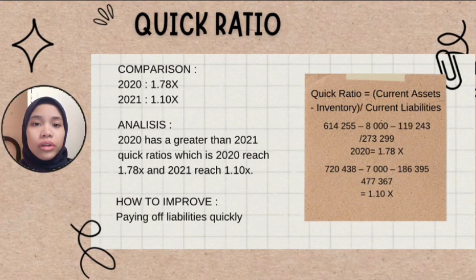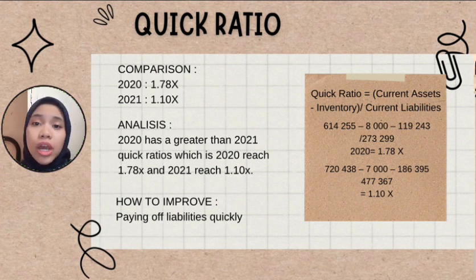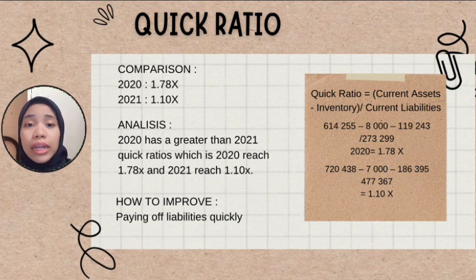The formula for quick ratio is current assets minus prepaid expenses minus inventory divided by current liabilities. So, my analysis is 2020 is greater than 2021 in quick ratio, which is 2020 reached 1.78 times and 2021 reached 1.51 times. Flora have to take action in adjusting the company's prepaid expenses and add inventory to avoid